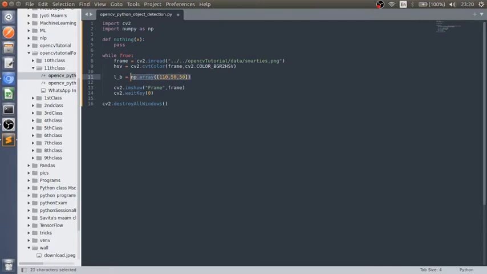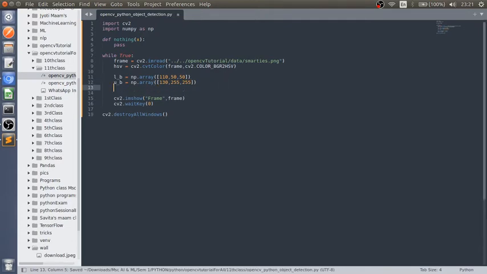Then the upper HSV color for blue: let me define the variable first. Upper blue is going to be 130, then 255, then 255.